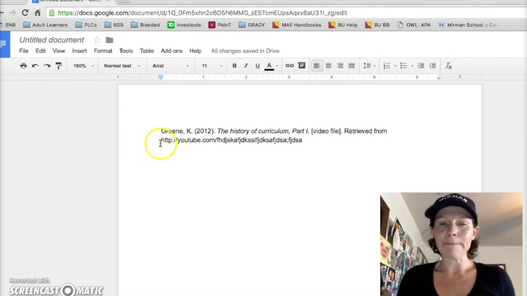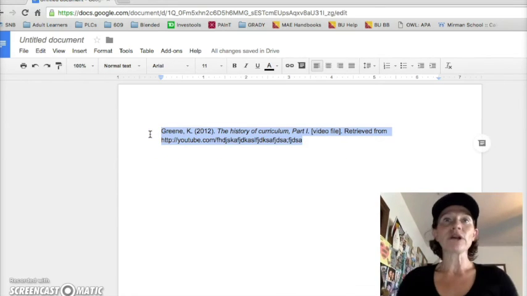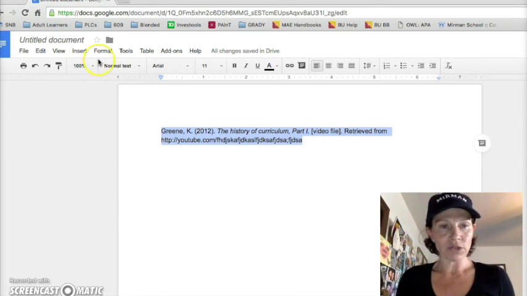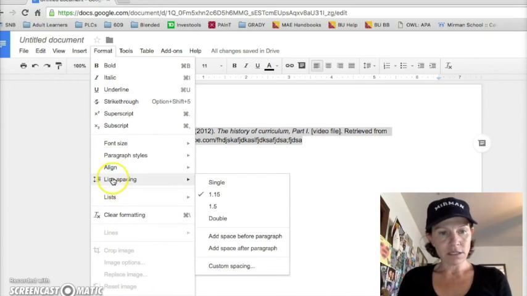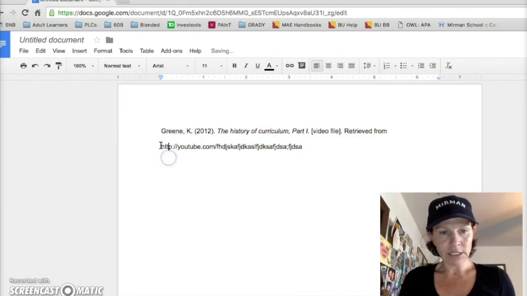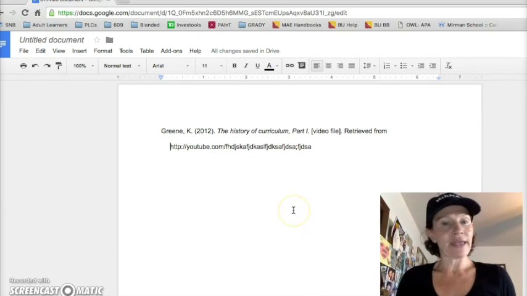Please, I'm begging you, don't try and manually do a double spacing because it'll get you in trouble somewhere down the line. You'll move something around. Format, line spacing, double. All right, and then 5-space indent. Booyah. No period at the end of a URL.